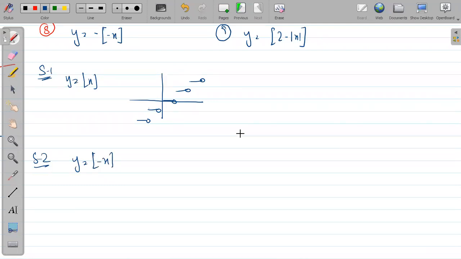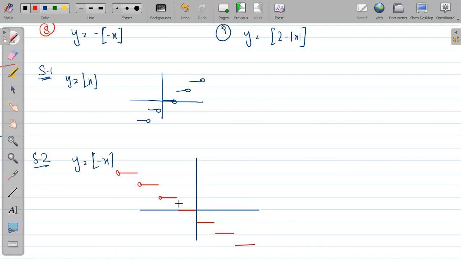That means here y is also replaced by minus y and x is also replaced by minus x. So what changes can you see here? When x is replaced by minus x, the graph will be taken image about y-axis. The complete graph will be taken image about y-axis. So if you take the image, what will you get? Yes, this graph like this you will get. Am I right or wrong? Please tell me. Are you doing the same thing? Yes, sir. So basically the graph you are getting like this.